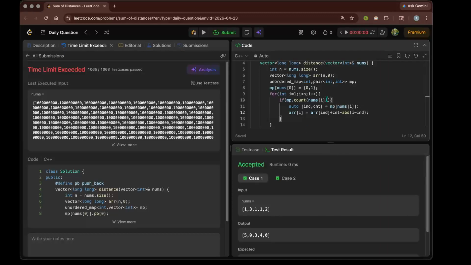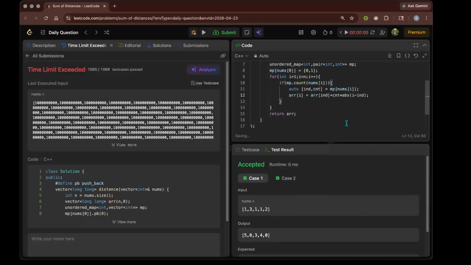Okay. mp of nums of I should store the index, comma,